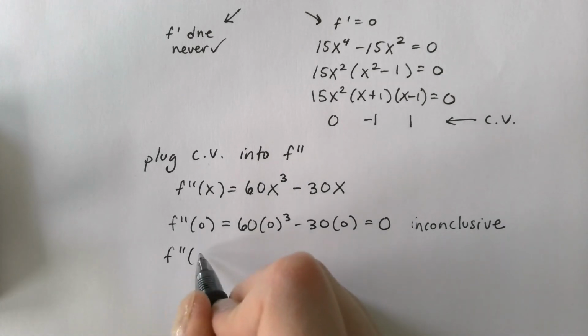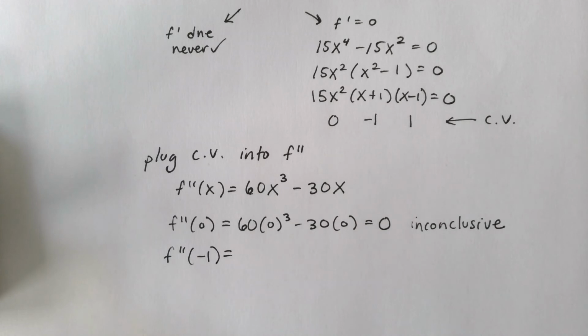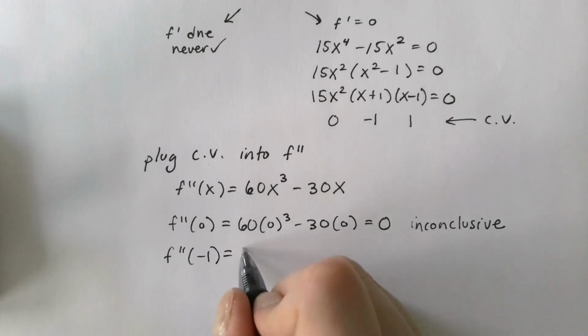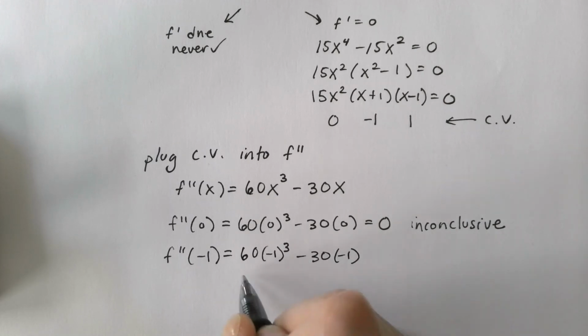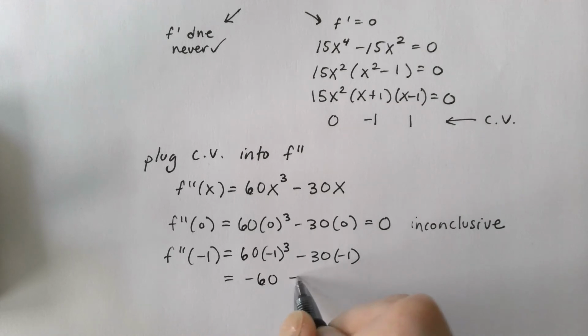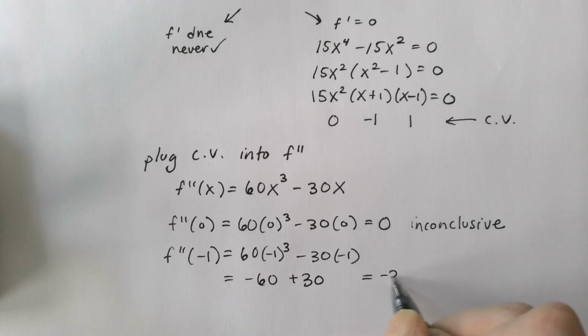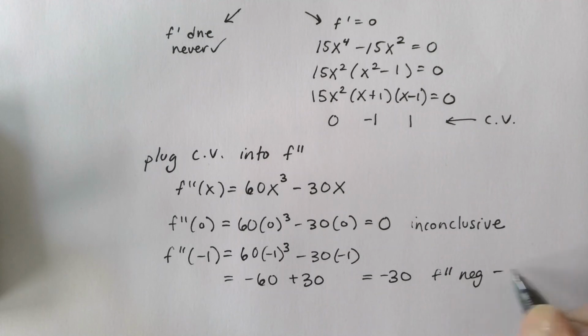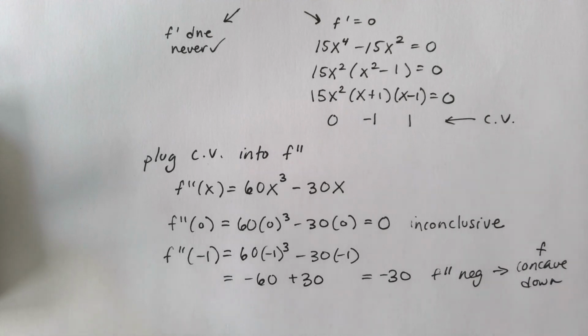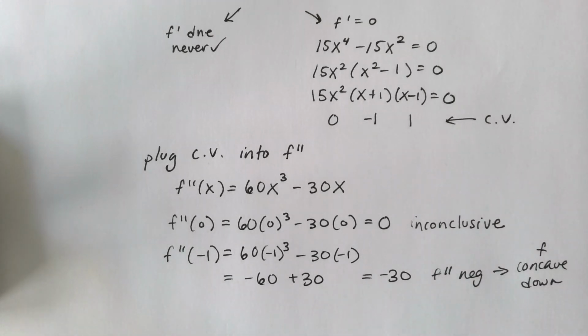Okay, the other two should come out a little more normal. So I'll plug in -1. I get 60 times -1 cubed minus 30 times -1. That's -60 plus 30 is -30. Alright, so that tells me that my second derivative is negative. So I am concave down. By I mean f. f is concave down at this critical point. So if it's concave down, I must have a max